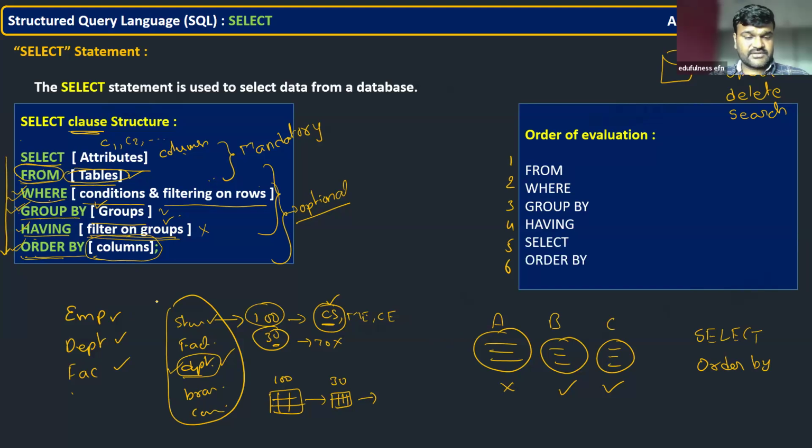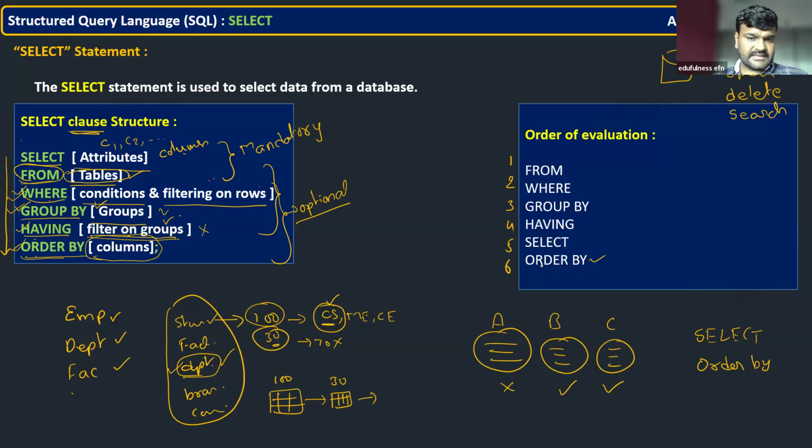So ultimately, order by is actually for whom? For the user, because a user requires the data in a specific order, ascending or descending. So that is going to happen after the whole data is decided. Whatever final data is ready to return to the user or to the output, on that data you have to apply the order by. That's why this is going to execute at the end.